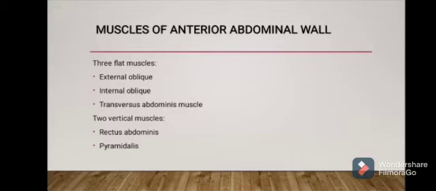About the muscles, we have three flat muscles and two vertical muscles. These flat muscles, external oblique muscle, internal oblique muscle, transversus abdominis muscle, cover the abdomen like a collar. And we have two vertical muscles which are rectus abdominis muscle and pyramidalis muscle. Rectus abdominis muscle you can only appreciate if you take the cross section in the middle of the abdomen in the anterior part, and the pyramidalis muscle is a very small, vestigial muscle with no recognized function till now.